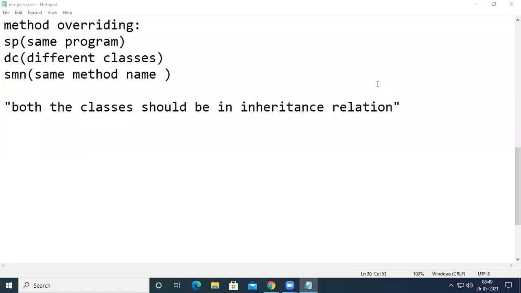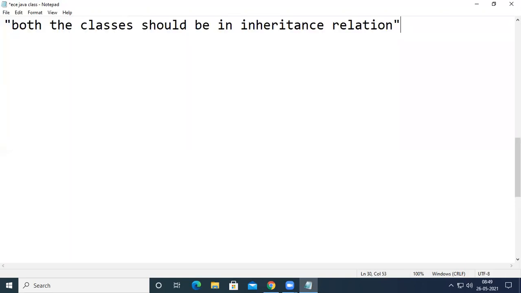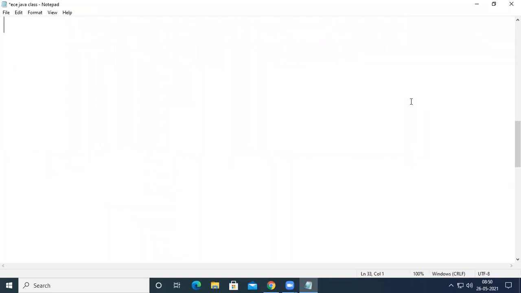In today's session, we are going to discuss the concept of abstract classes. Sorry, before going to abstract classes, let us discuss what a constructor is. Let us discuss constructors, and then we will cover the topic of overloading of constructors. So we are going to see constructors and constructor overloading in today's session.